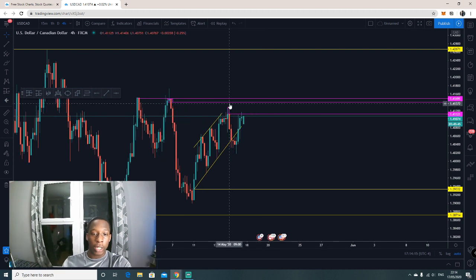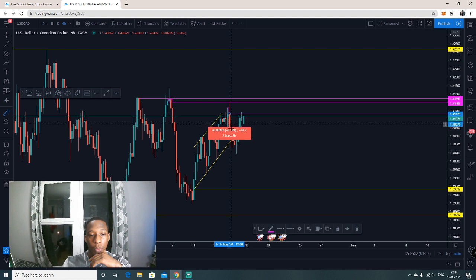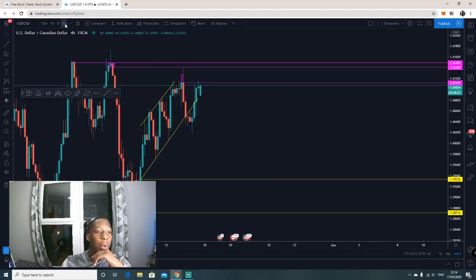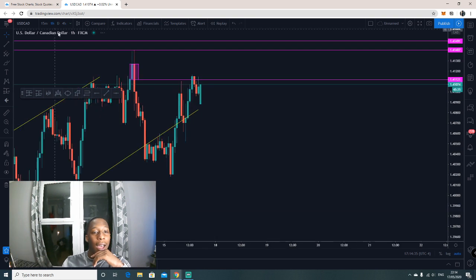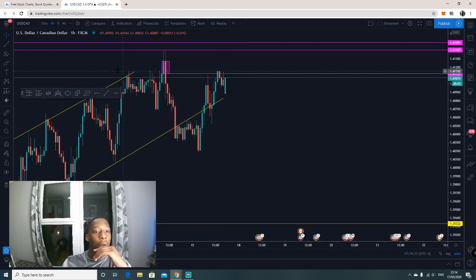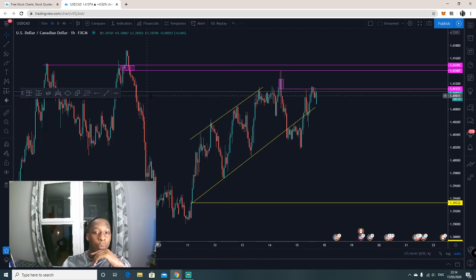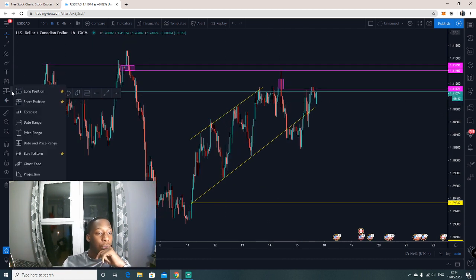So we got this retest right here. This is like a little order block. We got the retest, sharp, zero drawdown whatsoever, and how many pips was that? Let me see how many pips that was. Alright, so that was about 80 pips. But now when we're dropping to the hourly time frame, we're retesting this area. So I will be looking for shorts